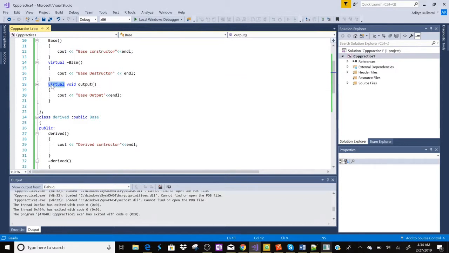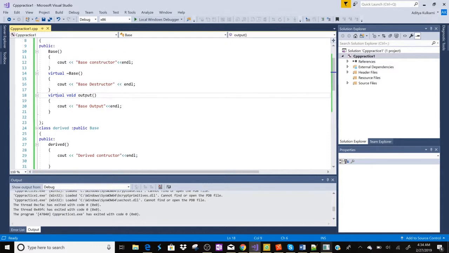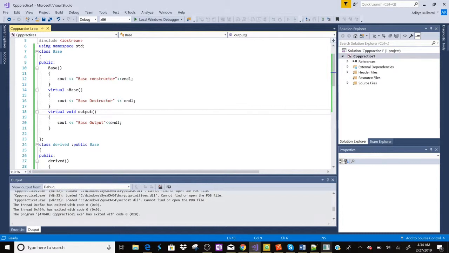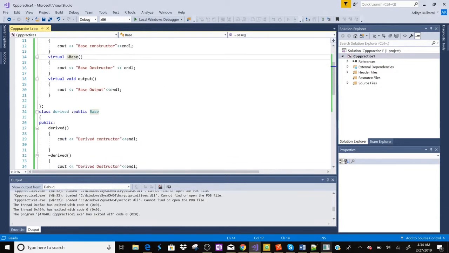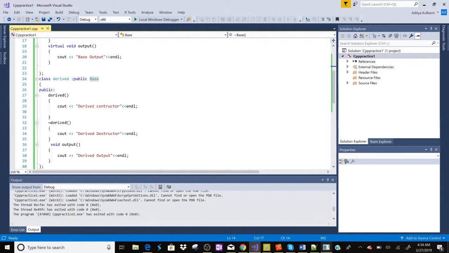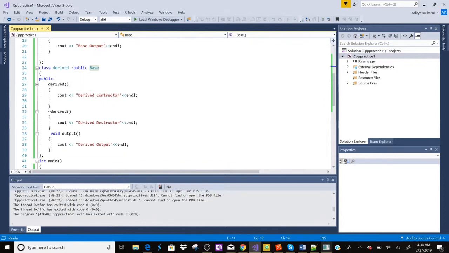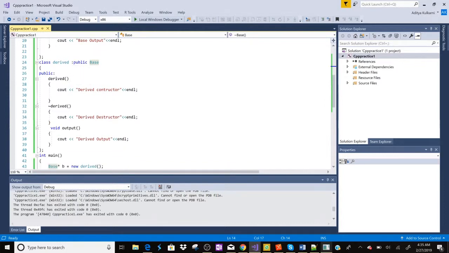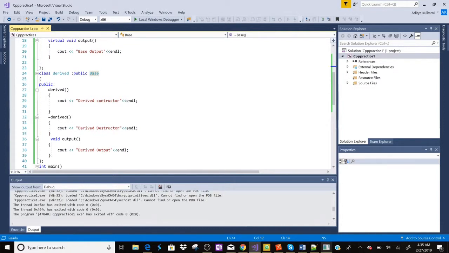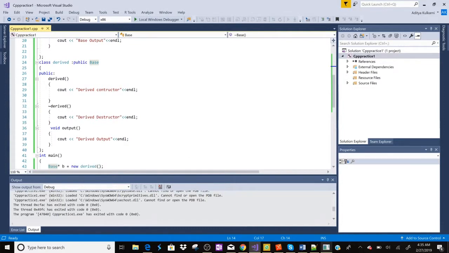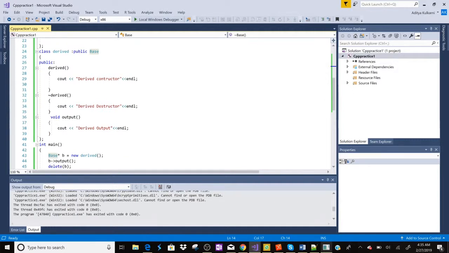Whenever we declare a function as virtual, a virtual table is created for each class. In that we have entries for all the virtual functions of that class. There is an entry for output, there is an entry for the base destructor, and when we inherit from this class, a pointer is also inherited with the base class, which is pointing to that virtual table. So when we override a method,